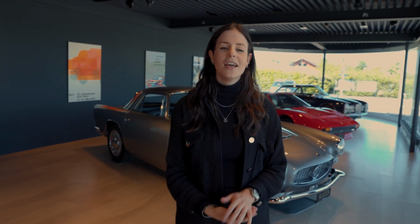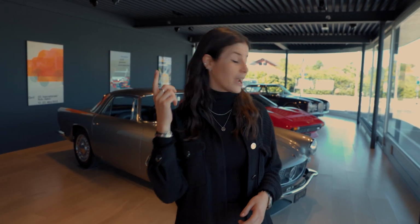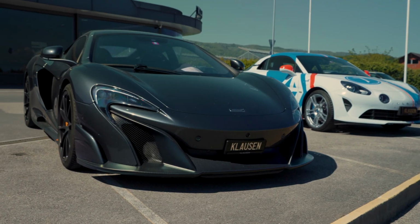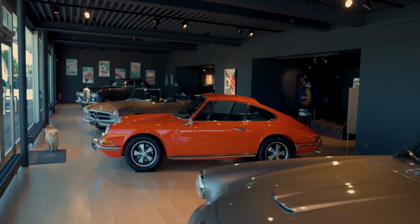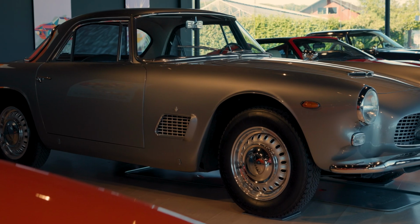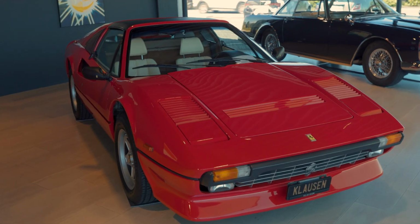It's going to be another video, a whole video talking only about amazing cars, iconic cars, supercars, hypercars. But I wanted to show you a little bit of the showroom because it's changing a lot, and as you can see at the moment it's kind of a classic showroom. The modern cars are outside, so I just wanted to show you some cars. Like we have the 911T, which is an amazing car, a classic one. I love Porsche, so it's one of the cars that I really like inside here. We have the Maserati, which is a very nice car also, the Ferrari,